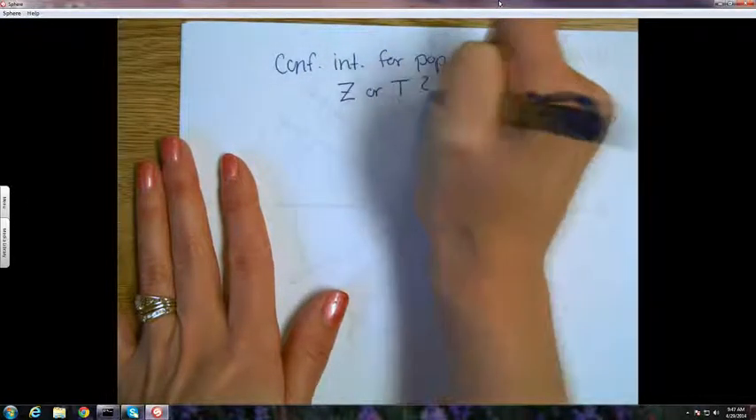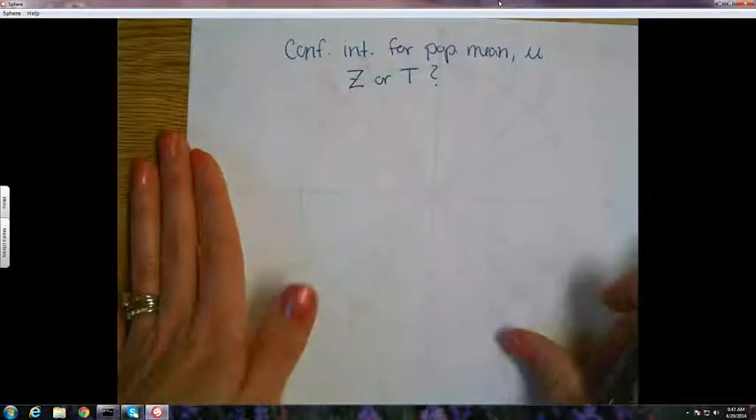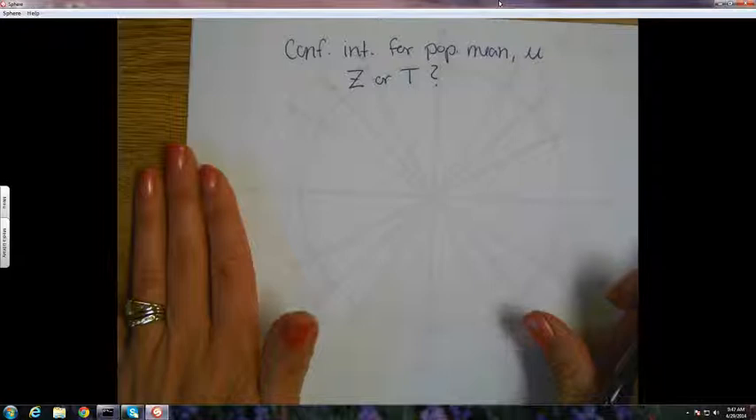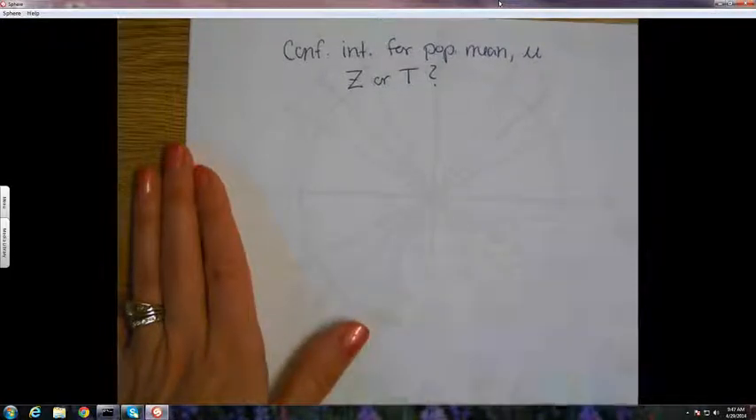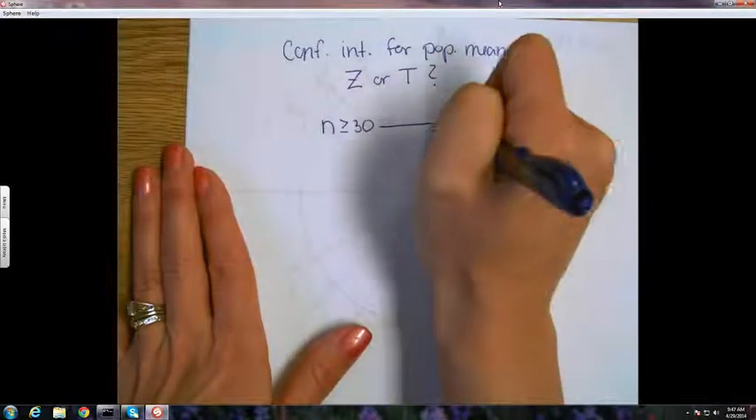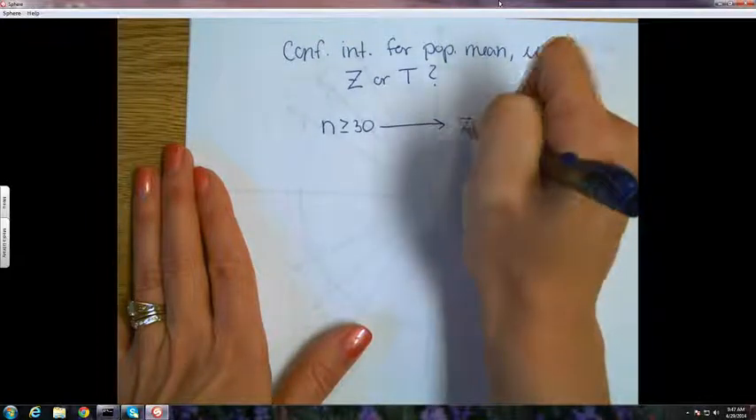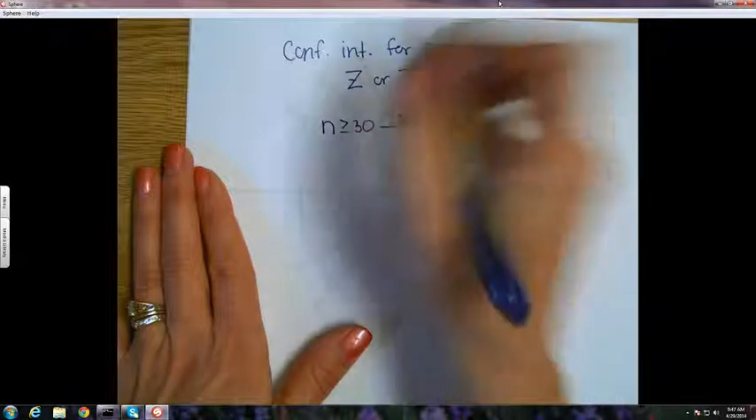That is the question. Okay, I'm going to give you a little flow chart to help you decide. What do you think the first thing you should look at in a problem is? N. If N is greater than or equal to 30, what do we do? Do the Z. Automatic. If it's a yes. If it's a no,